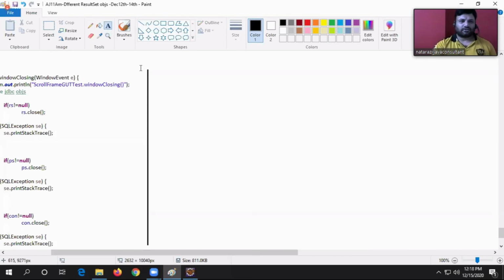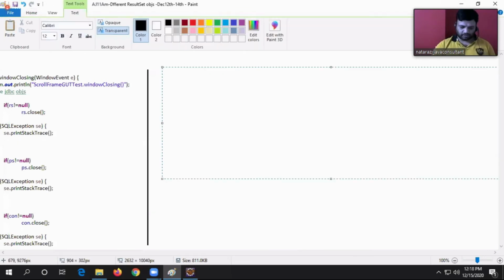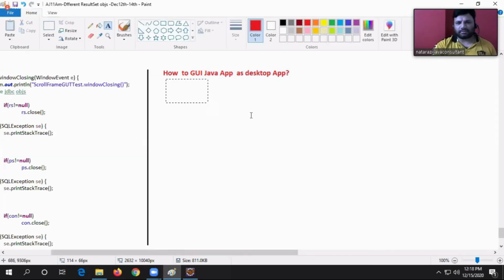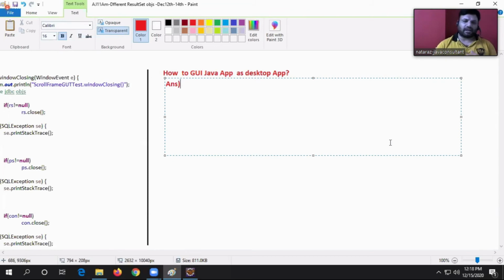Okay. So what is the question? How to make a GUI Java application as a desktop application? Here is my answer.